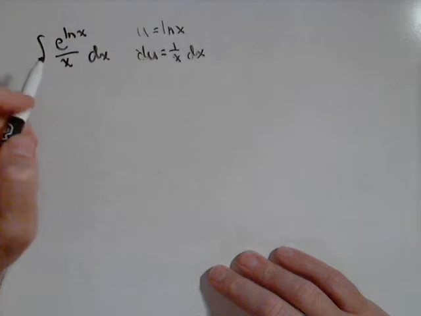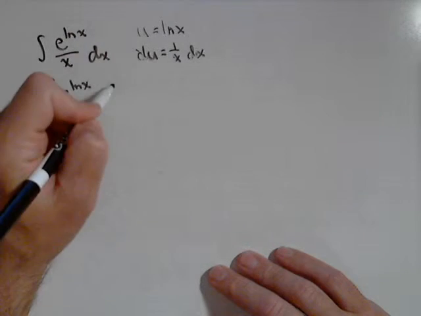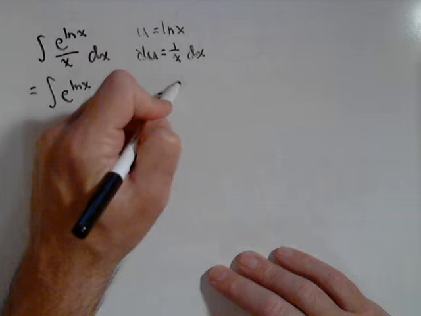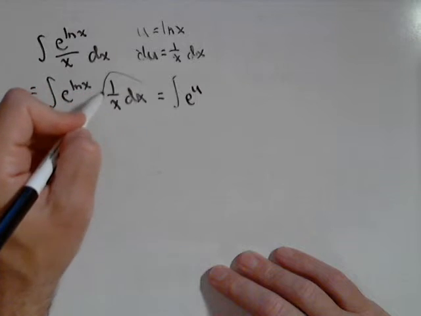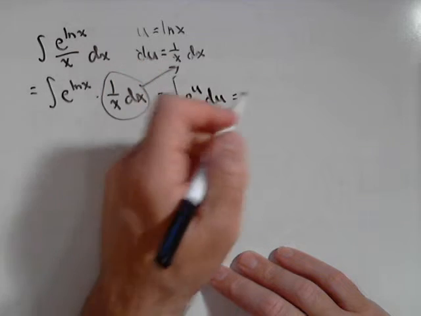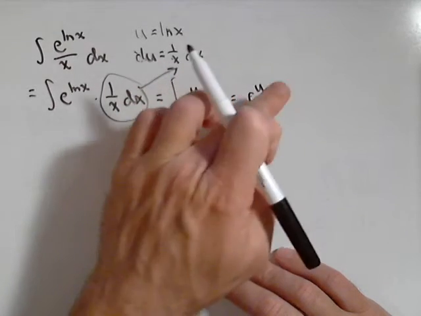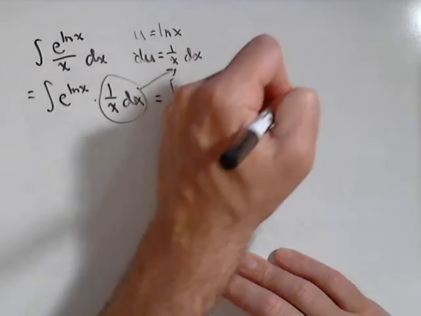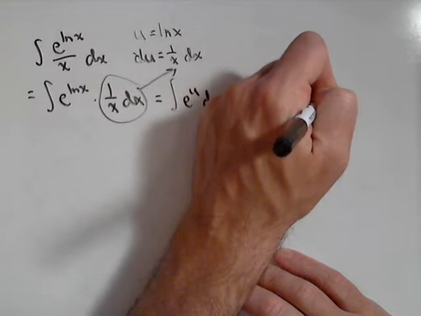Now if you don't see the substitution right away, let's rewrite this as e to the ln of x times 1 over x dx. It makes it a little more obvious because the first part, well, that's just e to the u, and here the 1 over x dx is exactly our du. So the antiderivative is e to the u du, the du integrates out, e to the u plus c, and then the last step is to substitute back our ln of x, so e to the ln of x